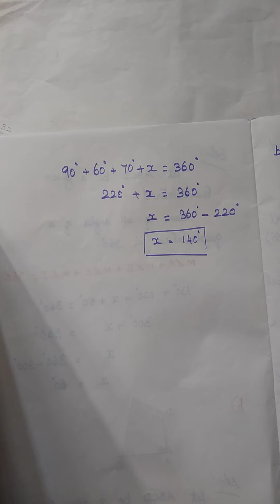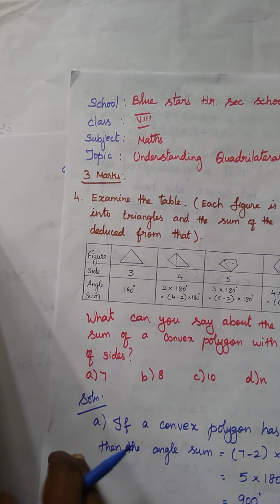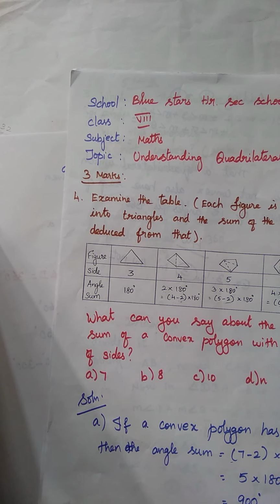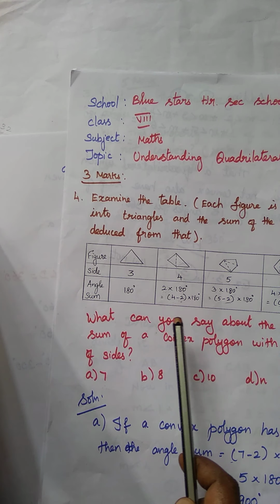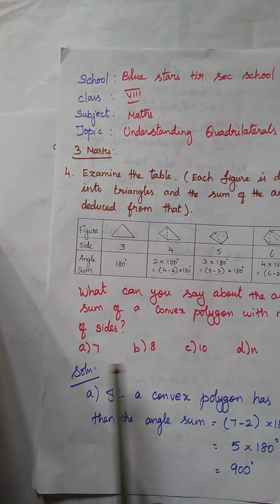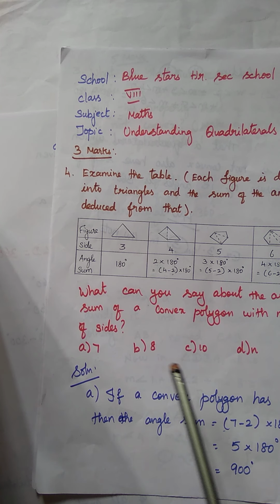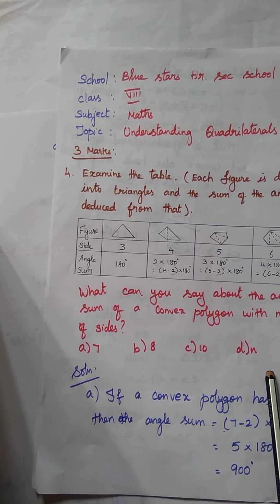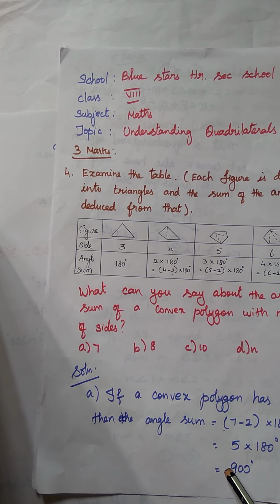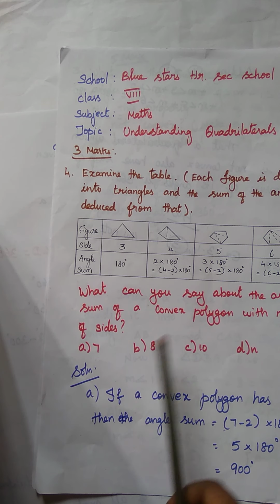Clear? So these are the sums we are seeing today. So first one is in the general form, the figure is given. So general sides, how many sides are there for the given figure. Then the angle sum, what is the angle sum of the figures. So using this tabular column, we want to find if the figure has 7 sides, 8 sides, 10 sides and n sides. Applying this angle sum, we find the angle of the figures, convex polygons.